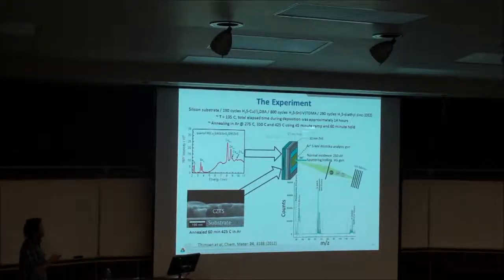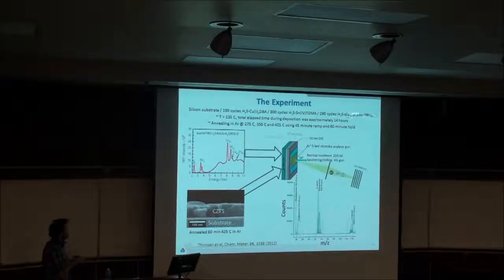This growth process took place at 135 C for 14 hours, and then to obtain CZTS, we did different annealings at 275 C, 350 C, and 425 C